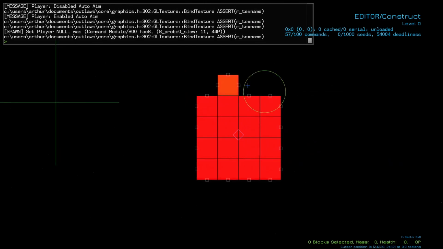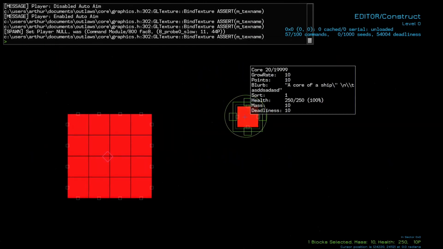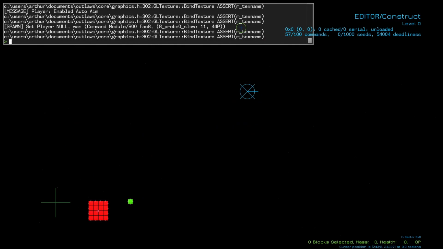Now we're going to actually come back to this core block and finish it up. Also, you might notice that in our blurb right now, it is showing the slashes. Do know that that won't show up in the actual game. So just as a quick example,